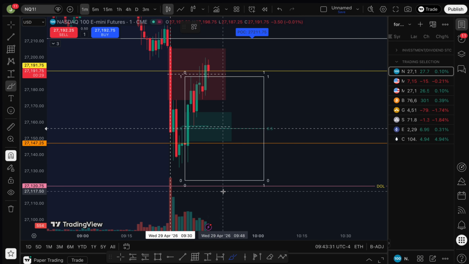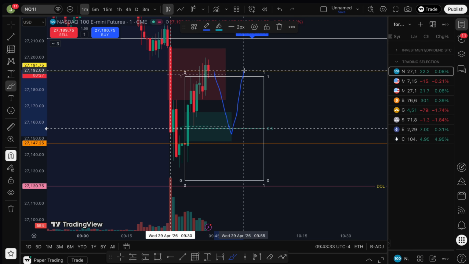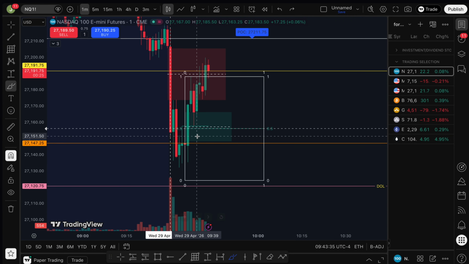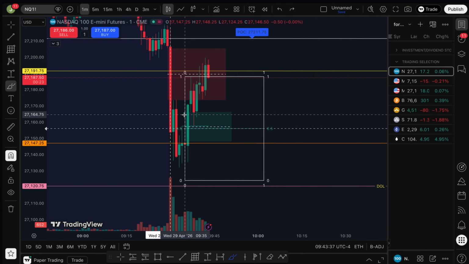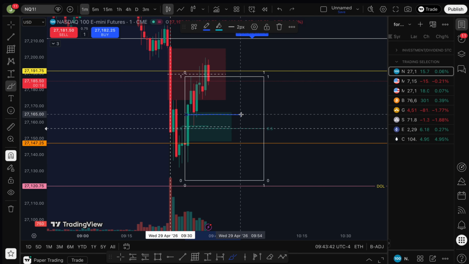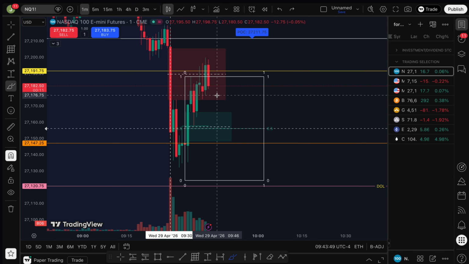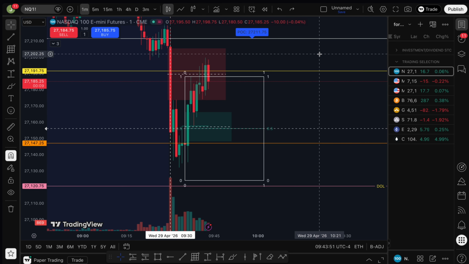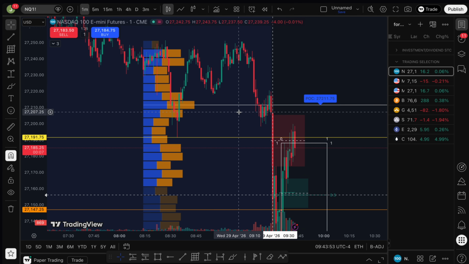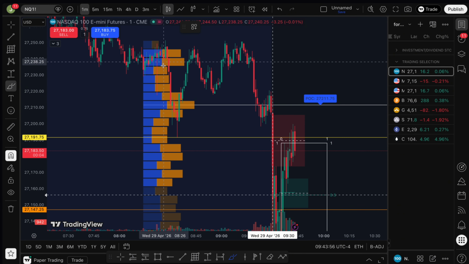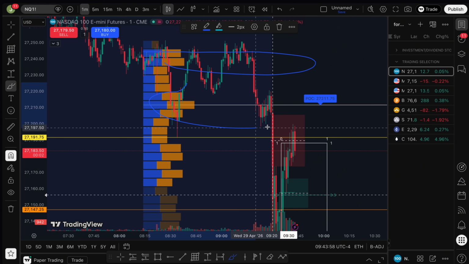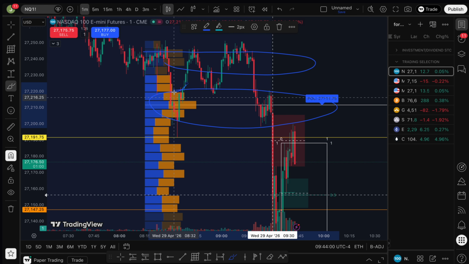So if we can go back into equilibrium, tap, and then get out while disrespecting the point of control, let's say point of control right here, we make a wick, respect the point of control and continue to go up, then I mean that would be good. We have point of control over here at this level. So we do have some volume around here, around here. Makes sense. Looks like we're getting that red candle.